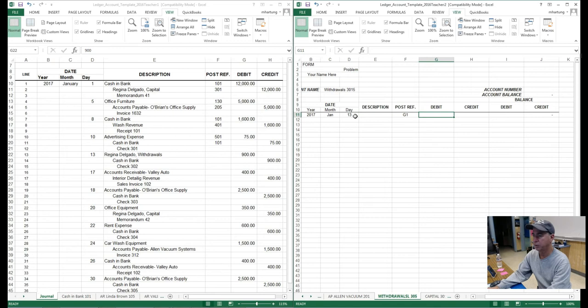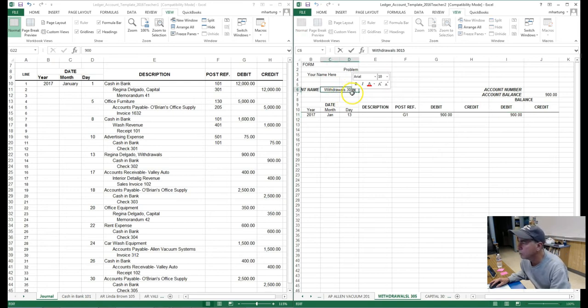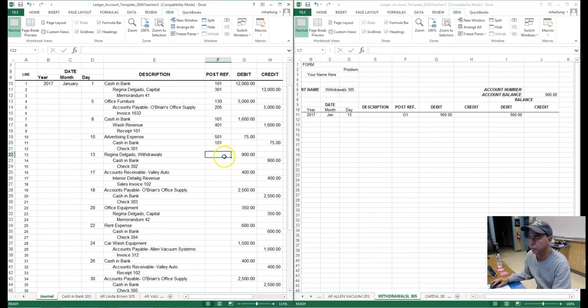It's a debit of $900. Update that balance. And get rid of that old formula from the previous account form. And so there you go. Made a little mistake there. Account 305, post reference,